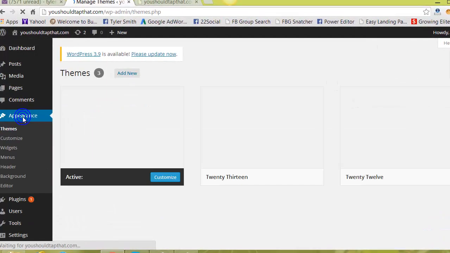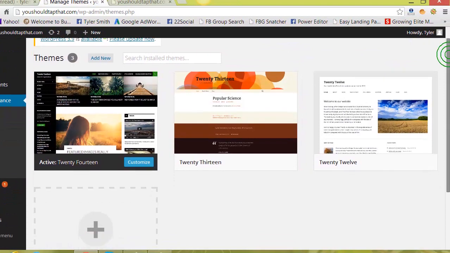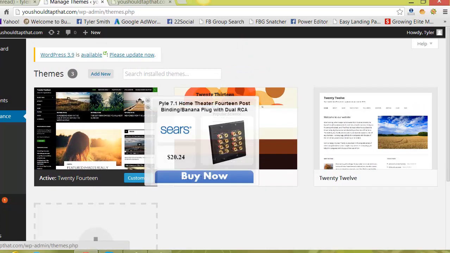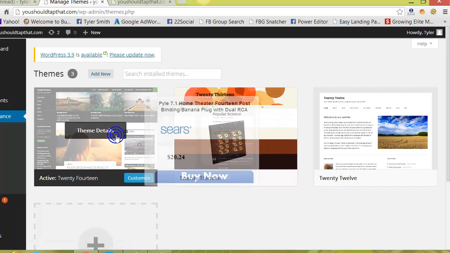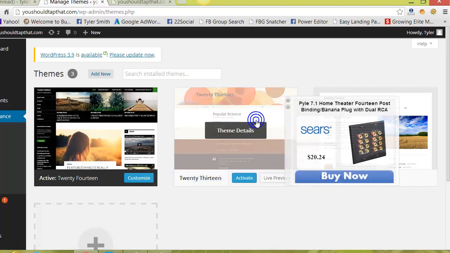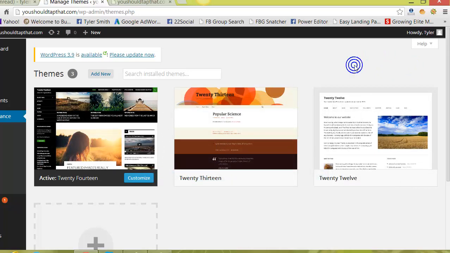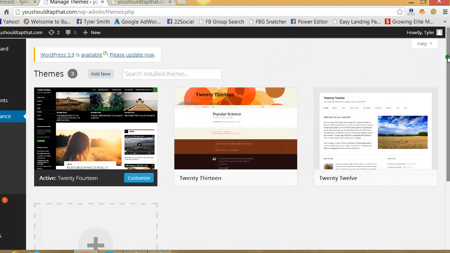So here we are at appearance. Now, like I said, I'm not a professional website designer. I don't know anything about code or anything like that about building a website from scratch. But WordPress makes it pretty easy. Okay, there's themes, and you can search for themes, and these are all different themes. This is a theme. This is a theme. This is a theme. Okay, these are all different themes that you can use to make your website look a certain way. And there are millions and millions of themes. If you click on Add New,